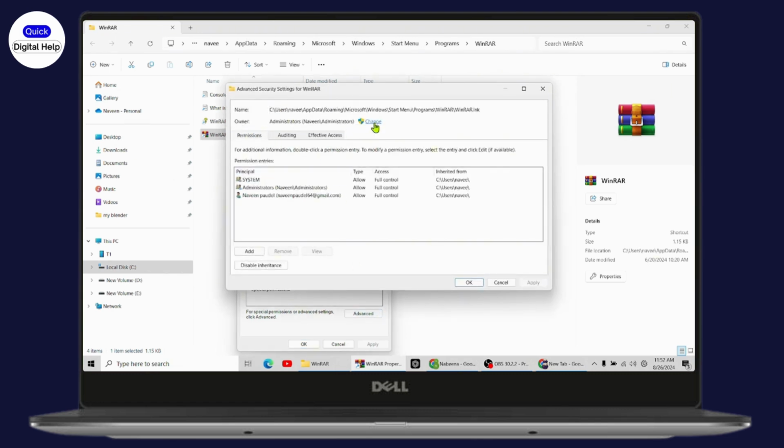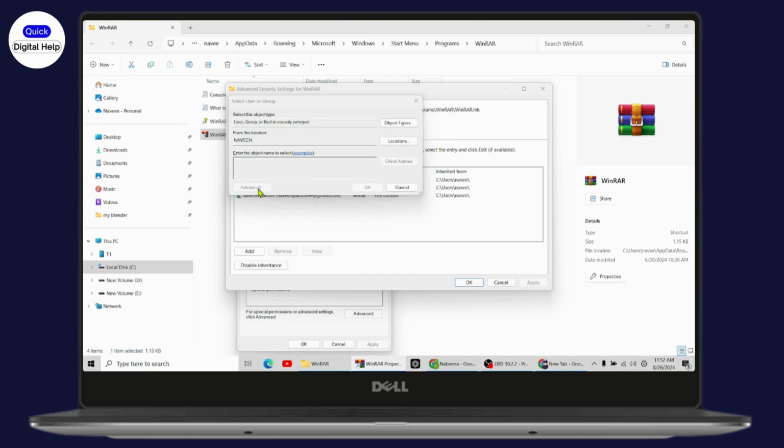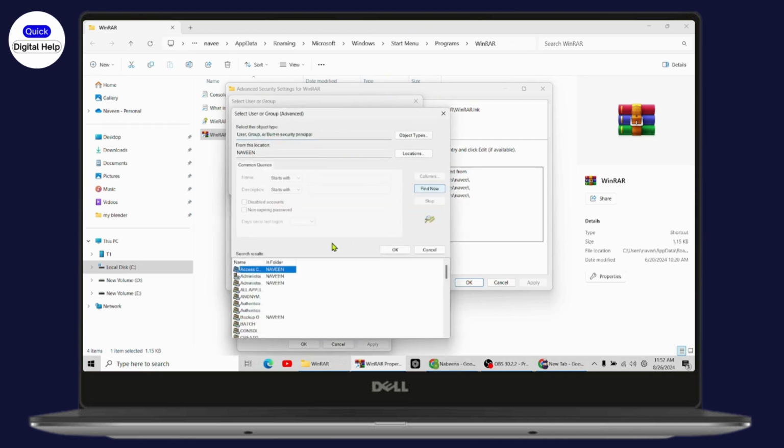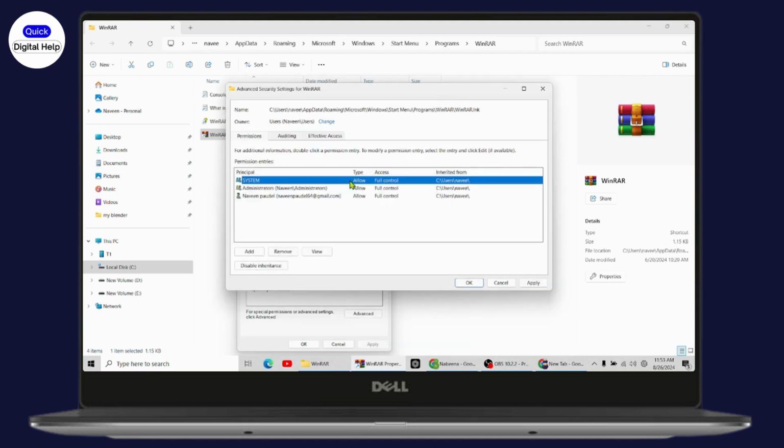So under the owner you need to go with change, go with advanced, and then click on find now, and here you need to choose the user option. Here click on users and then click on OK, and again click on OK,